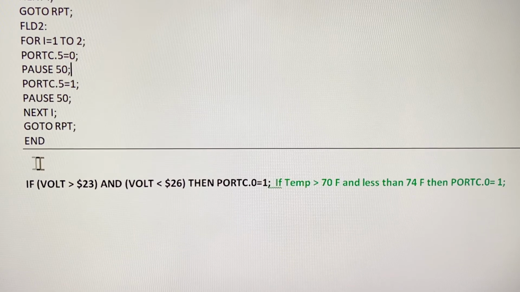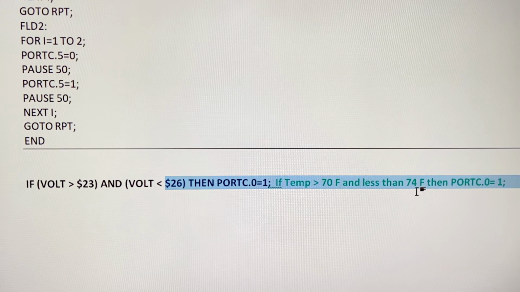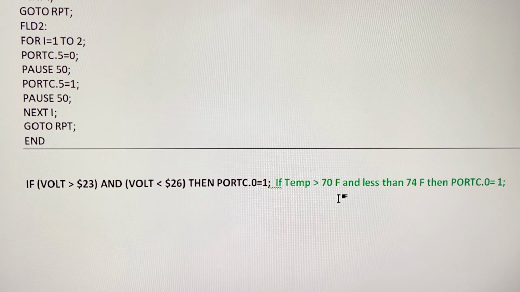For example, if you want to turn on just one LED at a time for a temperature range. What is volt? It is the voltage delivered by the temperature sensor. So if the temperature is higher than 23 hexadecimal, which is 70 Fahrenheit degrees, and the temperature is less than 26, which is 74, okay? If the temperature is higher than 70 and less than 74, then port 3.0 will be equal to